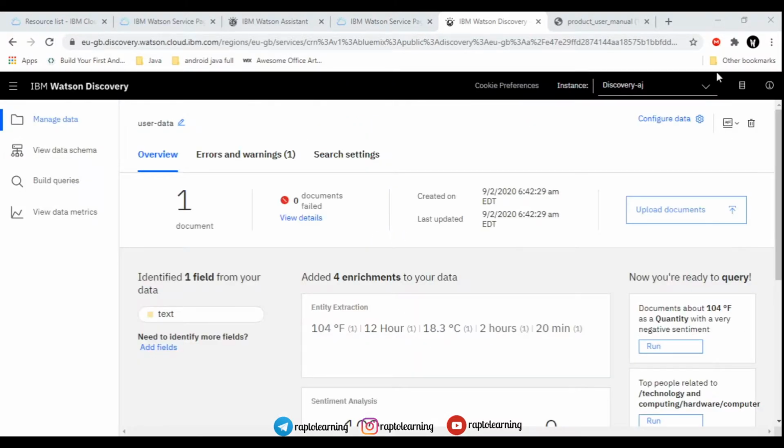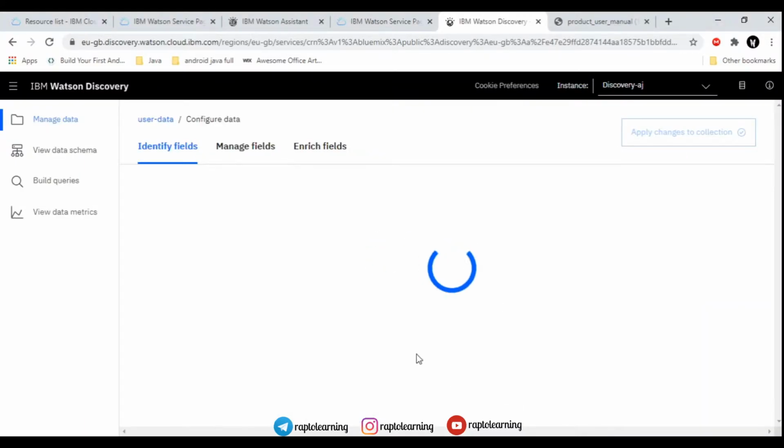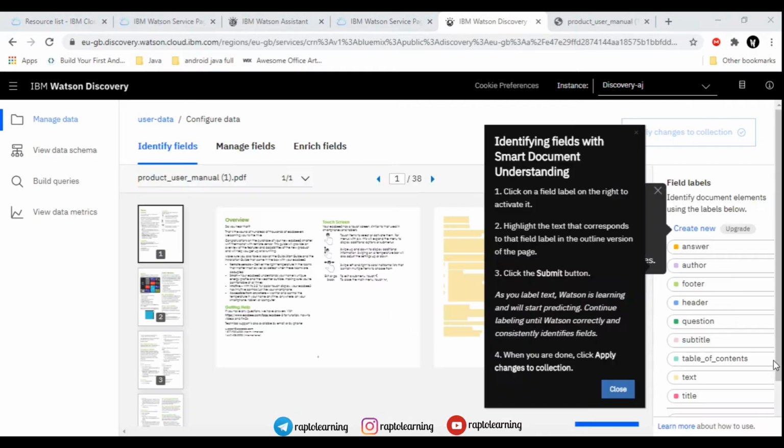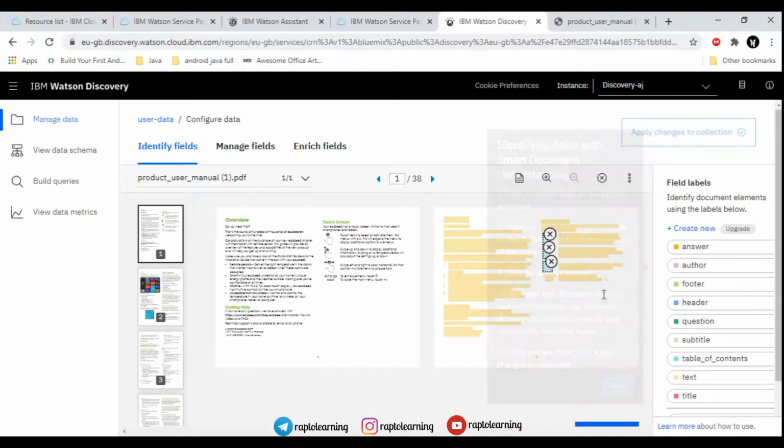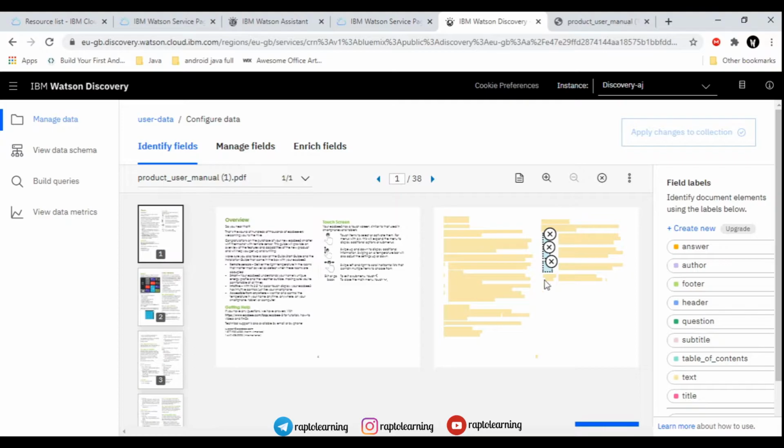So actually what we are going to implement is here. So just go to the user data tab that I have created for the PDF document that I have uploaded previously, and click on configure data that is available on the right hand side at the top. So this is our data. This is the data we are going to work on and make our assistant better.